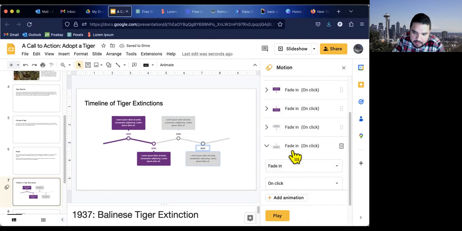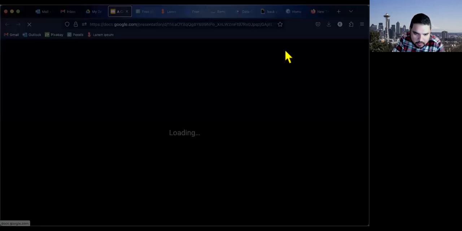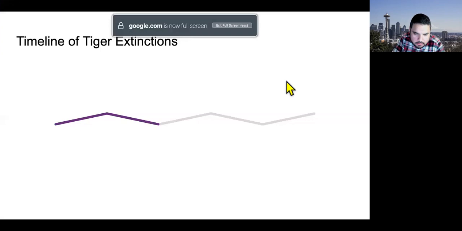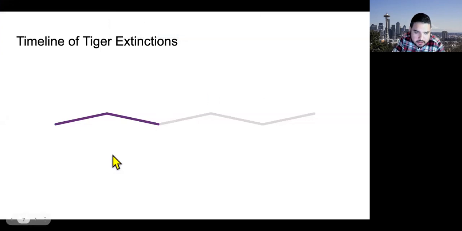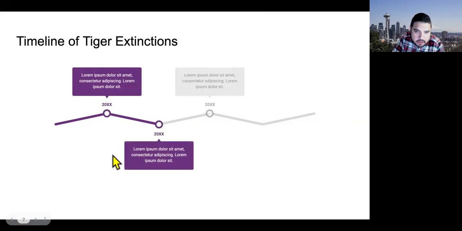So I got 4 of them, and if ever I'm not happy with them, I could just trash them and then just redo them. So now I'm going to just start my slideshow. And here it is. So I'm presenting, and here's my first year. Here's my next one. Here's my next one. And here's my final one.